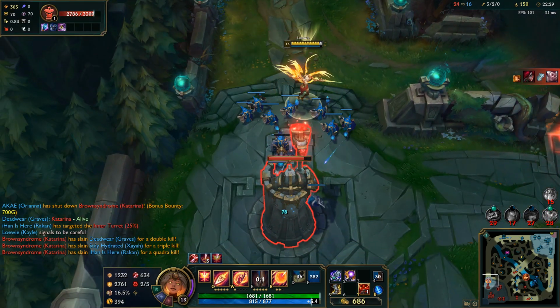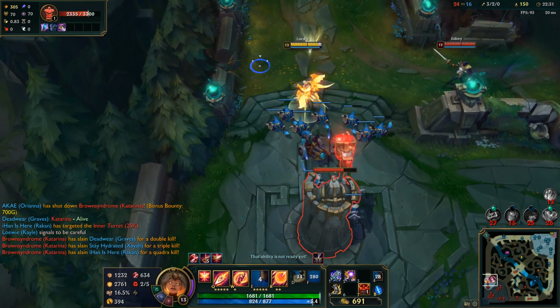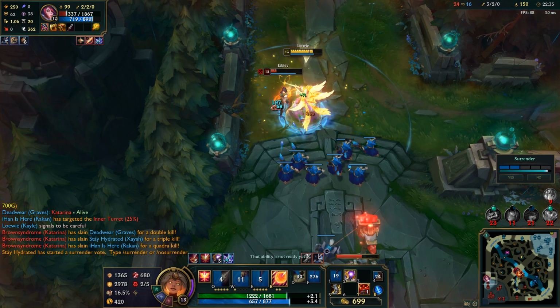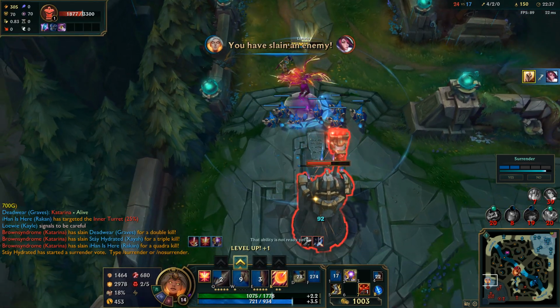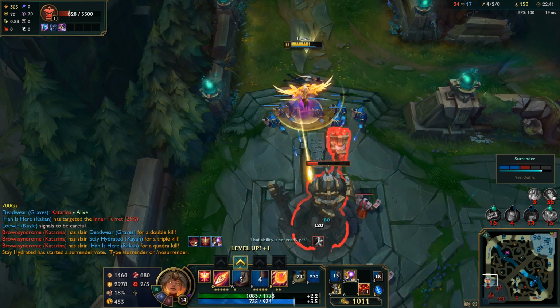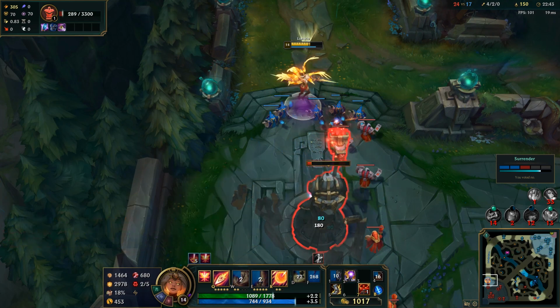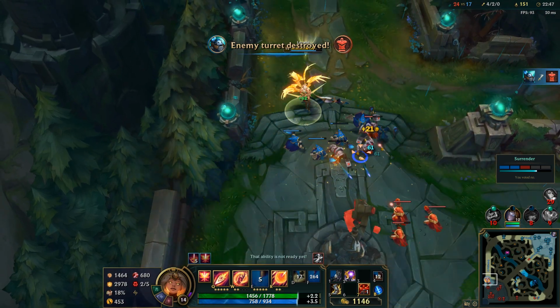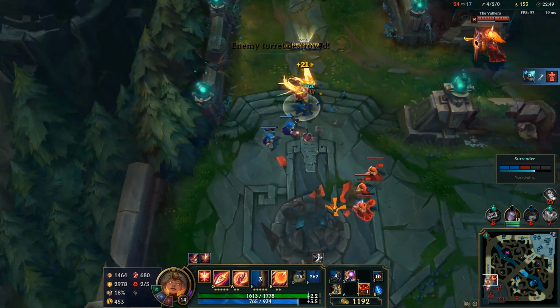Okay, she will be looking to fight me, and she will be looking to come for me. Now that's going to be the Fiora coming for you. Okay, that's the Fiora down. Now the team is trying to surrender, but I'm not going to be doing that. I'm going to be trying to win the game on my own. I'm just going to make sure that I farm as much as I can, and